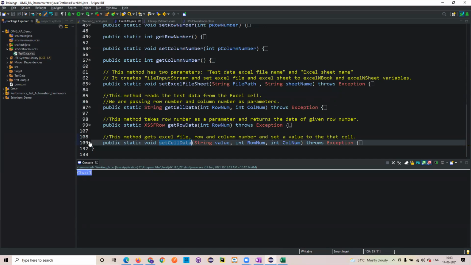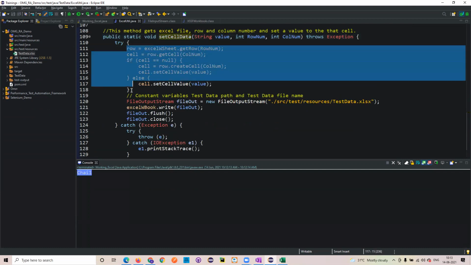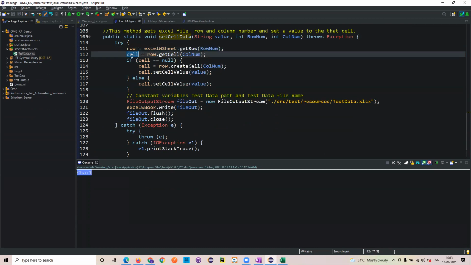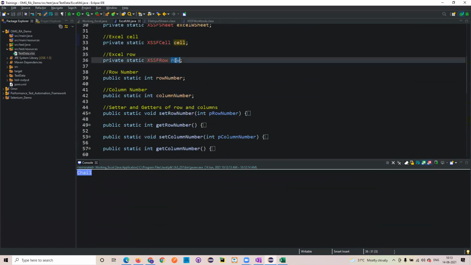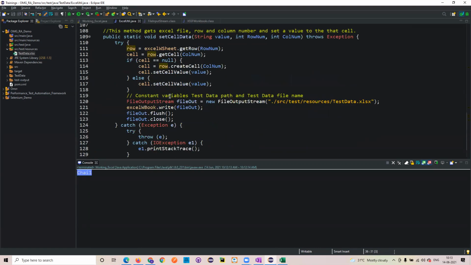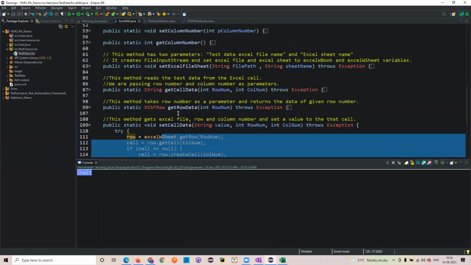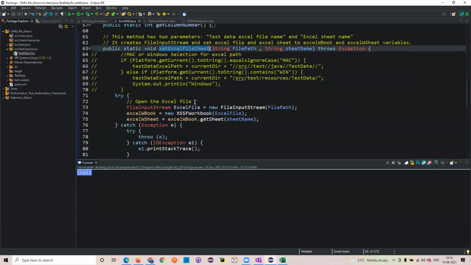How will it be setting the cell data? If you wanted to see this particular method, if you see here in this particular method, they have used the row object and the cell object. So hope you remember, right? Whatever we have created, the cell object and the row object, with these objects, they have been created on all this. So you don't need to worry about this because all these methods we have written. What I seriously suggest is to try to understand this particular thing. As I explained, setting the Excel file sheet name, how easy it is to understand.